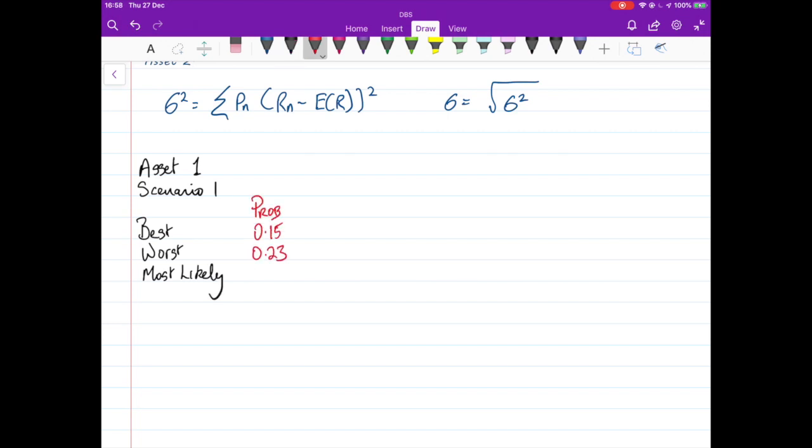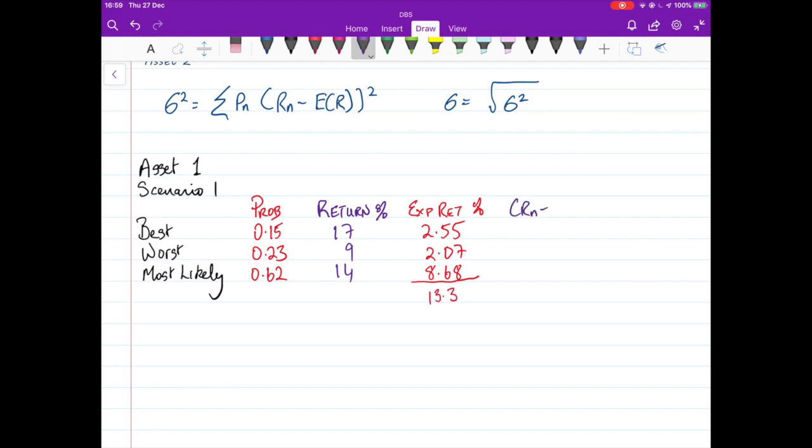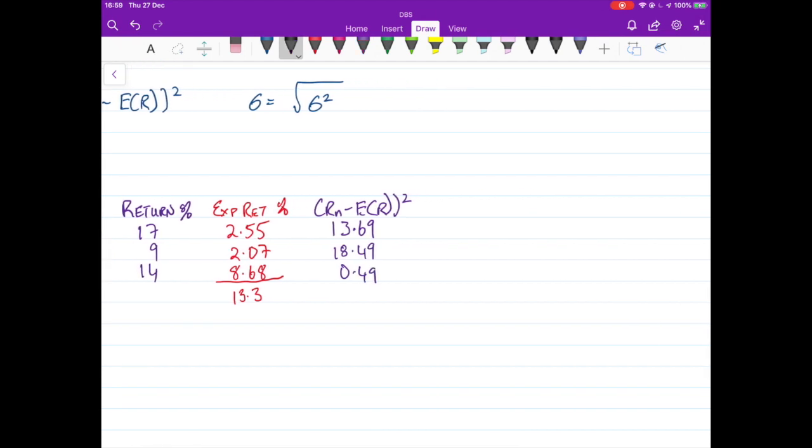The probability of each of those is 0.15, 0.23, 0.62. We then have a return in percentage terms for each of those. Then multiplying each return by its probability, we get its contribution to the overall expected return, which is 13.3. Subtract the 13.3 from the 17, the 9, and the 14, and then square those figures, and you've almost got the formula complete. The last step is to multiply each of those by the probability of their recurrence, and you end up with the following figures: